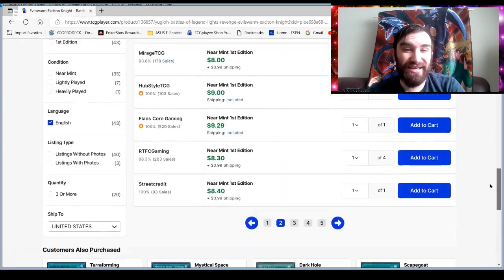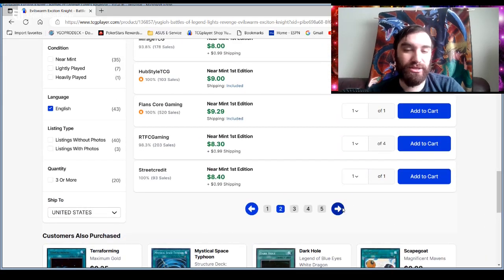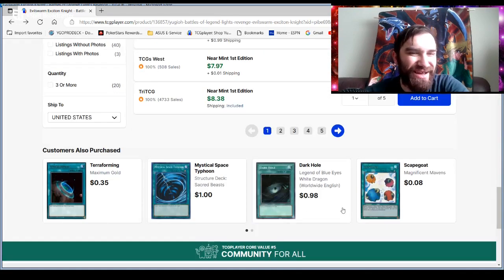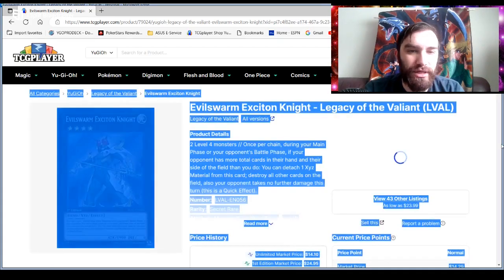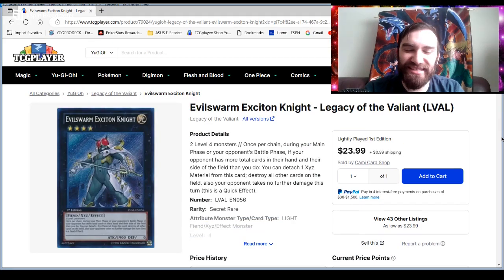But really, not a lot of people are selling, certainly not like Crossout, where we saw like 1,000 or 200 copies being sold by individuals. So it's not out of the realm of possibility that you could buy that card out. However, I think if any version is going to be bought out, it's going to be the original version, right? The Legacy of the Valiant version,